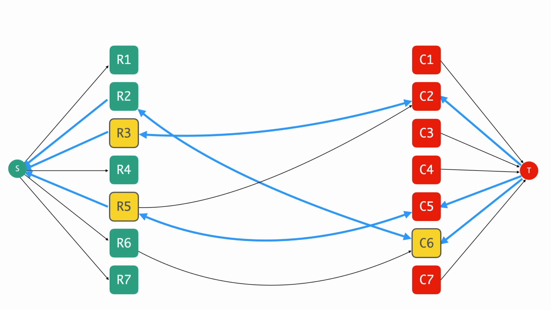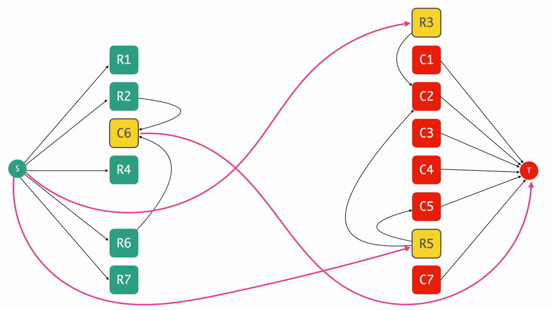Now let's go ahead and take a look at what this cut looks like back in the original flow network. So I'm going to move things around, and instead of having the edges from the residual graph, we are now going to have the original edges of the flow network. So that's what this looks like. You have this column vertex that has come on the S side, these two row vertices that have moved to the C side, and if you think about